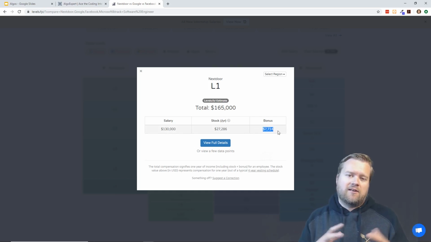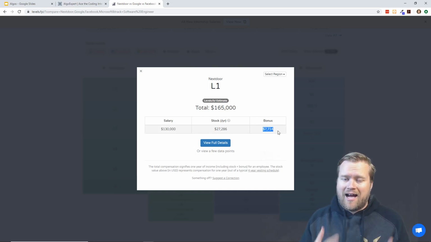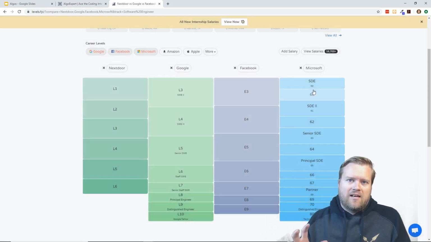Because what you'll find in these large companies, if you do get the privilege of getting hired, is that you usually have a total compensation package, which means you'll have a pretty high salary. Most of them are over 100,000. But then you get stock options and bonuses. So if you add all those together, it's not unlikely that you could be making $150,000 to $200,000, even $300,000. So it does make a lot of sense, if you want to be paid at one of these high tiers, to really work hard on these algorithms.